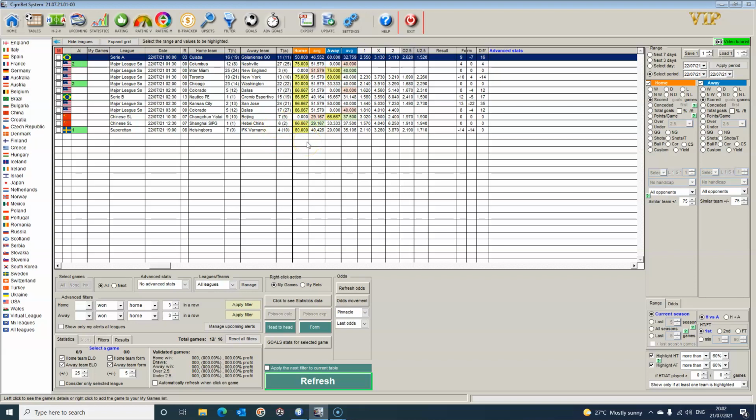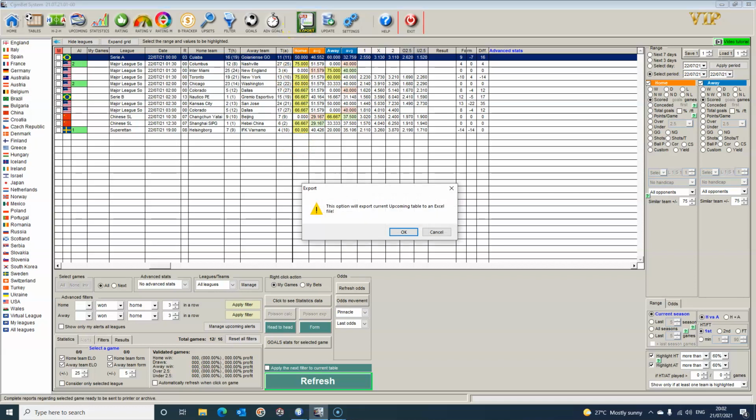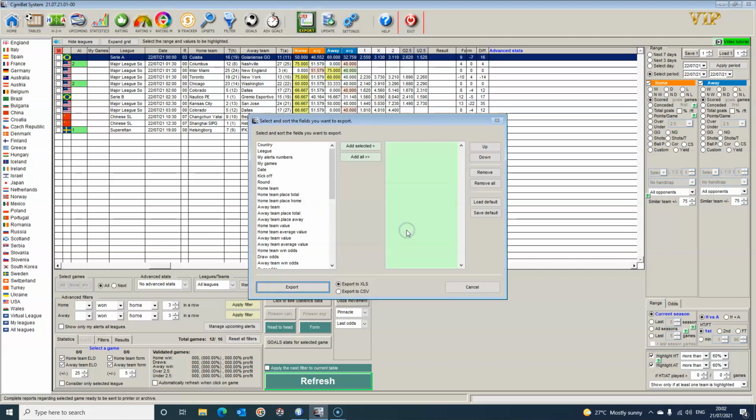If you want to download it, it's quite a simple exercise. You can click export, and you get a little message. This option will export the current upcoming table to an Excel file. So click OK, and then you can do whatever it is you want to do. I've already got a default, so I've got the country, the league, but what I want to do is